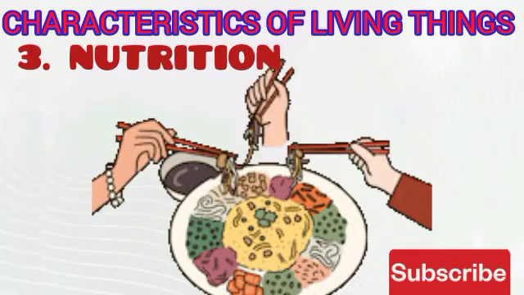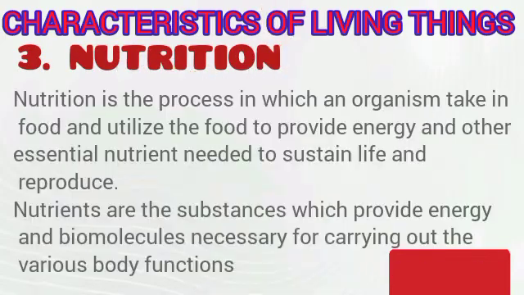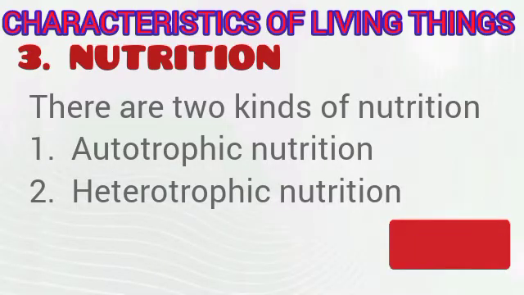The next characteristic we are going to talk about is nutrition, which is the process in which an organism takes in food and utilizes the food to produce or provide energy and other essential nutrients needed for the body to sustain life and also reproduce. Anything you take into your body that provides energy and the biomolecules needed by your body to sustain life is called nutrients. There are two types of nutrition, which is the autotrophic mode of nutrition and the heterotrophic mode of